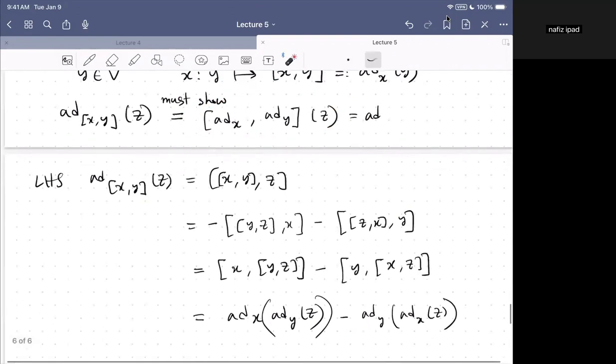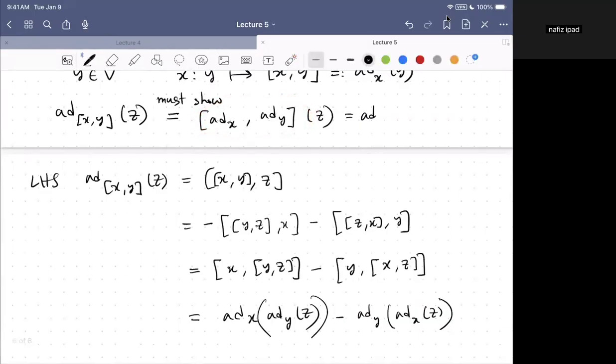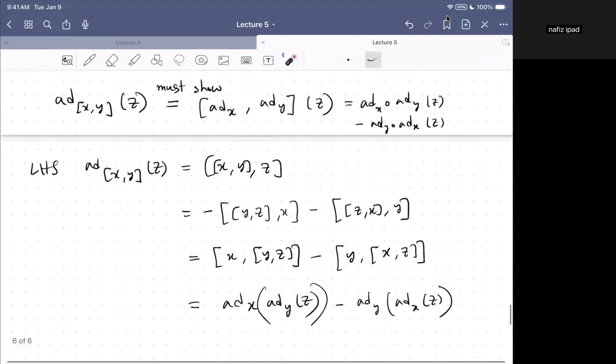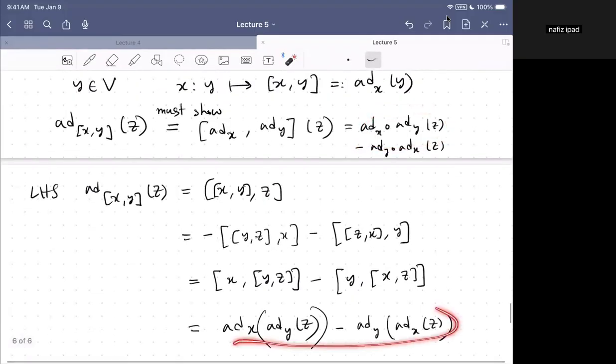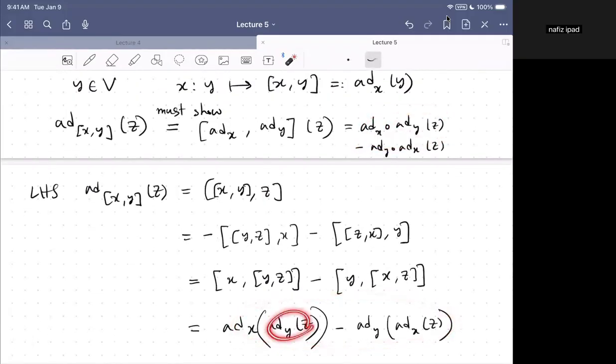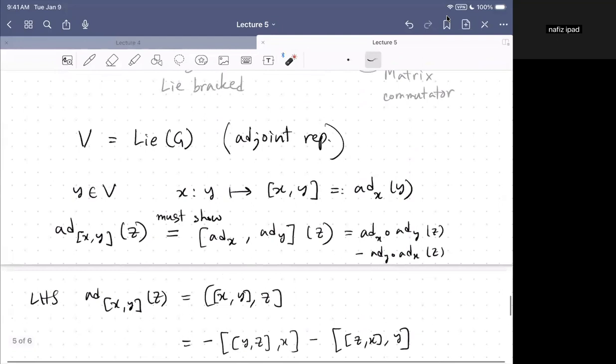So again, we said that this side is literally the commutator. So commutator means that ad x composed with ad y acting on z minus ad y composed with ad x acting on z, which is exactly this, right? Ad yz, ad yz, ad x, and then reverse order. Okay, great. So what we have shown is that